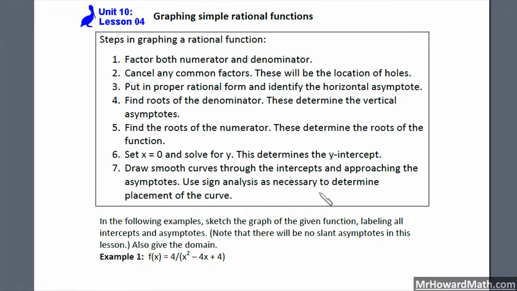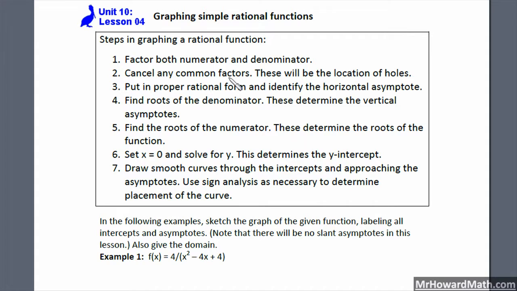In this lesson, we'll be graphing simple rational functions, so we're continuing our look at rational functions. And in this lesson, we'll be combining all of the things that we have learned, and none of these will be super complicated, and none of them will have slant asymptotes, so we don't have to worry about that in this lesson. So the steps in graphing these, when you're not using a calculator, is to factor the numerator and